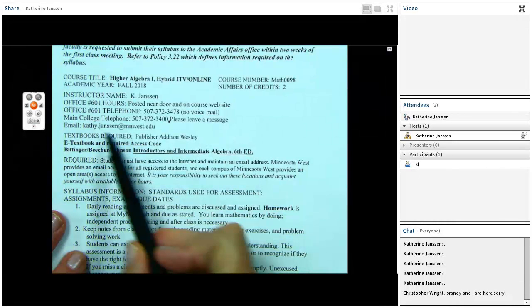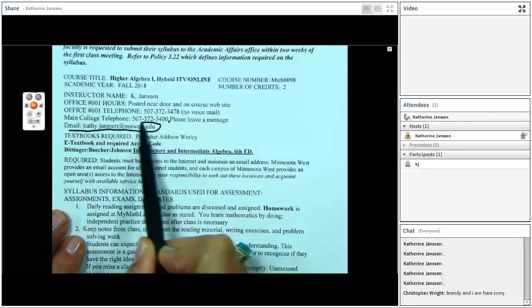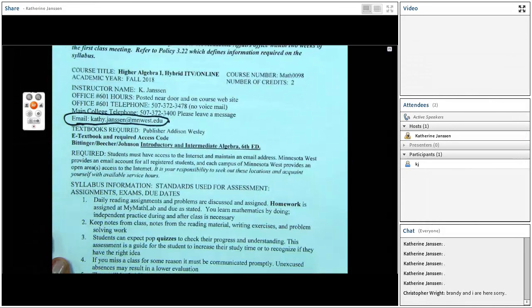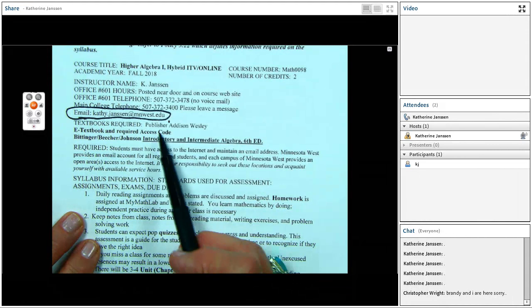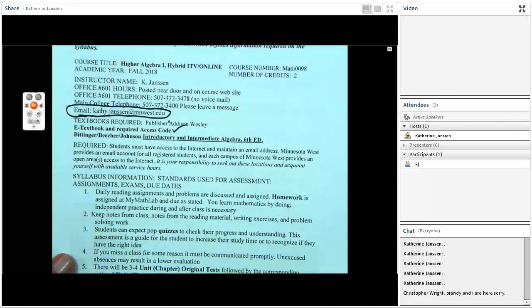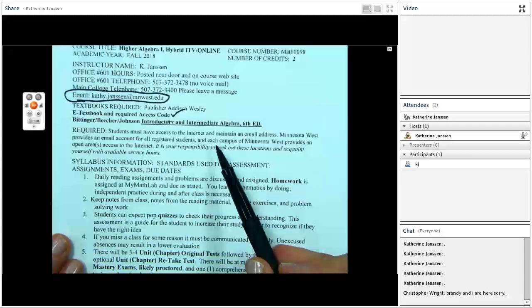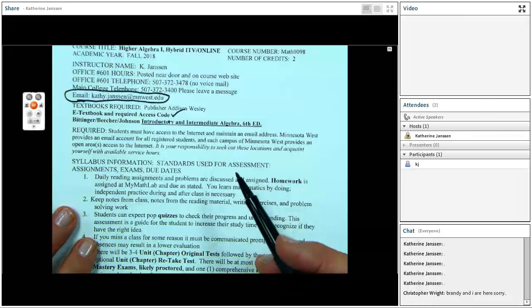Contact information, preferably by email. I check my email frequently and reply. The ebook is required along with the access code. You can get that at the bookstore. Be sure to check your grades first status and make sure that you can accept text messages.